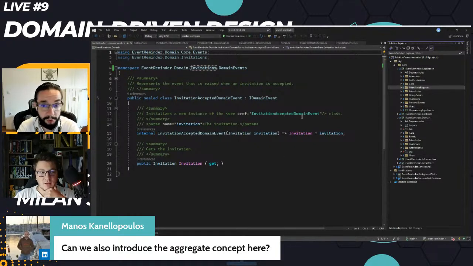I would much rather work in this project than what we started off with. I think this is a very good example of clean architecture and domain-driven design. I am a bit time conscious, so I just want to comment on something that we encountered earlier, when we said that it's not